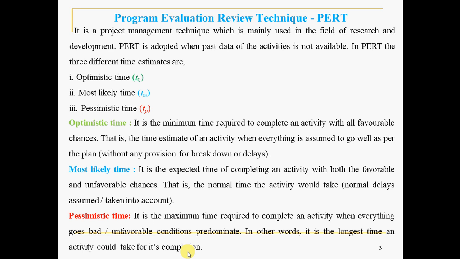Sometimes due to traffic or some other reasons, you may take 2.5 hours or so. Some normal delays are considered. That is most likely time. So probably you can reach half an hour or 50 minutes later. Like that is most likely time. Assuming that you cannot reach before 2 hours, the minimum time that is required is 2 hours. That minimum time is the optimistic time. Most likely means considering some normal delays, so maybe half an hour, 50 minutes, or some 15 minutes, or 1 hour also sometimes.